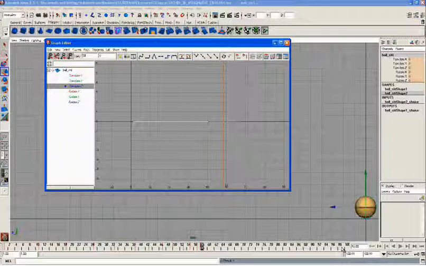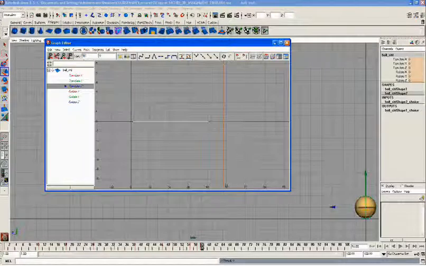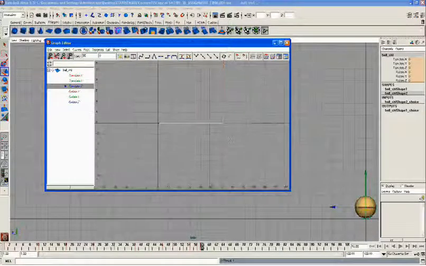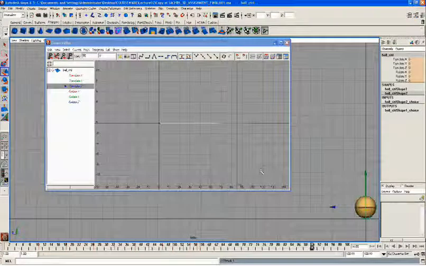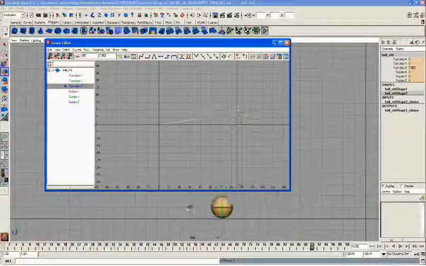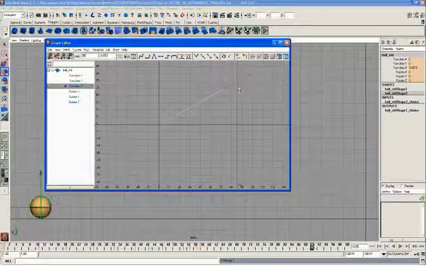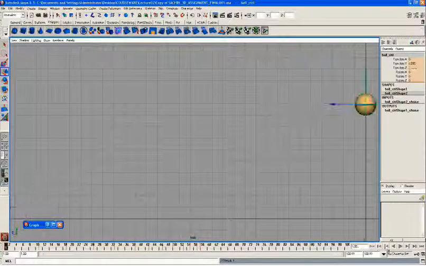So I'll take this to maybe the 98th frame, so that it rolls accordingly. Come here, adjust this, and try out what's happening first of all.